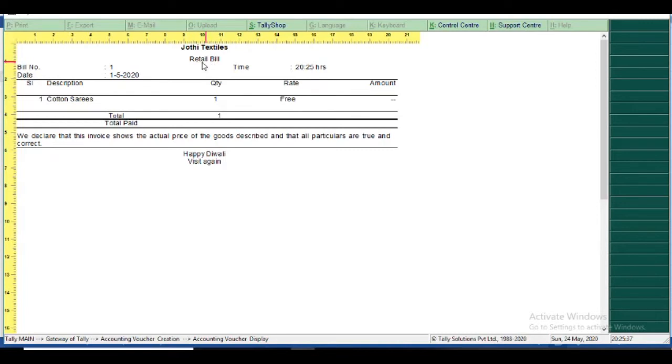And we give the title as retail bill, the bill number, date and time also. And then cotton sarees, one quantity free, Mr. Sample is free. And then the message, Happy Diwali, visit again. Okay. Is it easy?